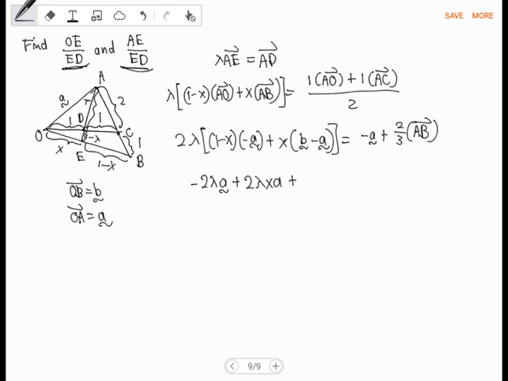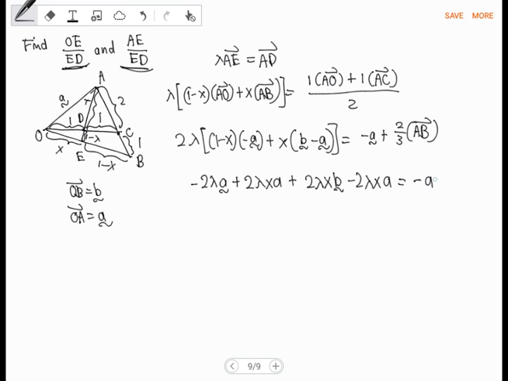Plus xB, so it will be 2 lambda xB, and minus xA would be minus 2 lambda xA, equals to